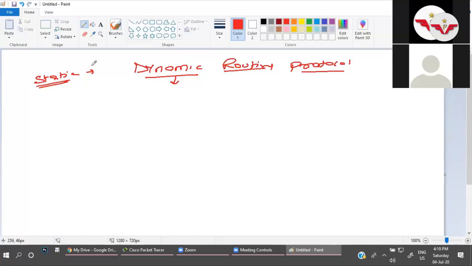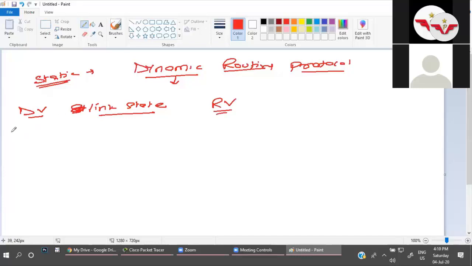So the very first thing in the dynamic routing we will cover today: distance vector routing protocol, link state routing protocol, and route vector.